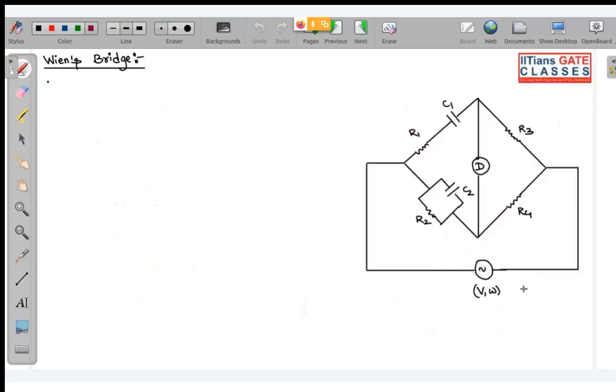Okay, chalo. Now let us move to Wayne's Bridge. What is this Wayne's Bridge and where is it used? So Wayne's Bridge is basically used for the measurement of fundamental frequency. Now what is this fundamental frequency? Have we studied signal systems? Signal system. Okay, so